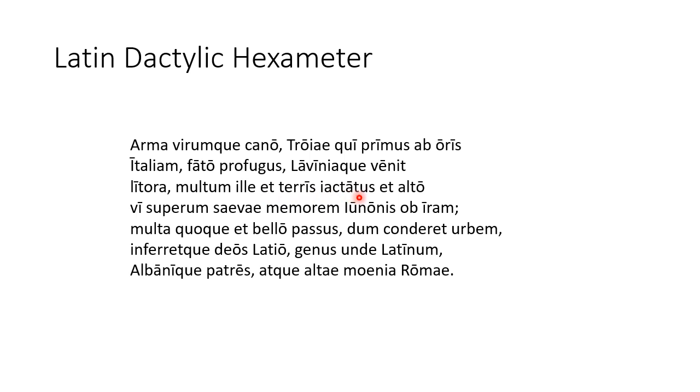Multum terris iactatus, buffeted, knocked around, and that's an adverb, multum, very much, that man was, both on lands and on the deep. And that's just another way of saying the sea. And there are all kinds of technical terms for what's going on here, like this would be called metonymy. So you refer to the entire thing by referring to a part of it or a characteristic of it. But anyway, we'll collect those words as we go along too. Okay, so on the deep,